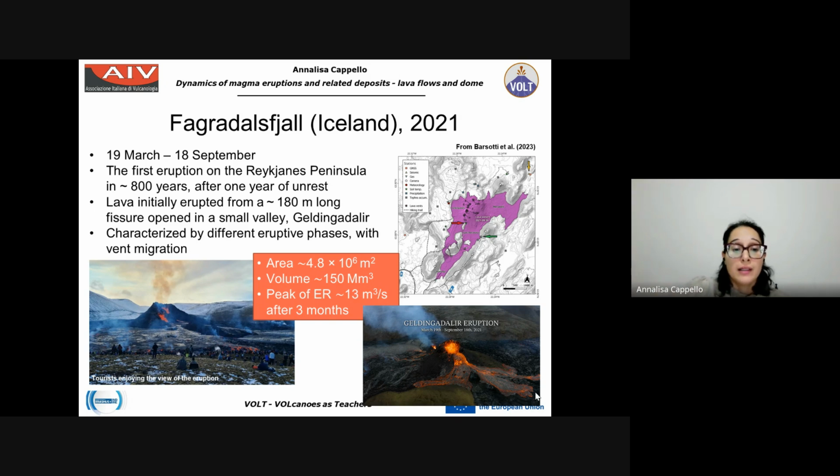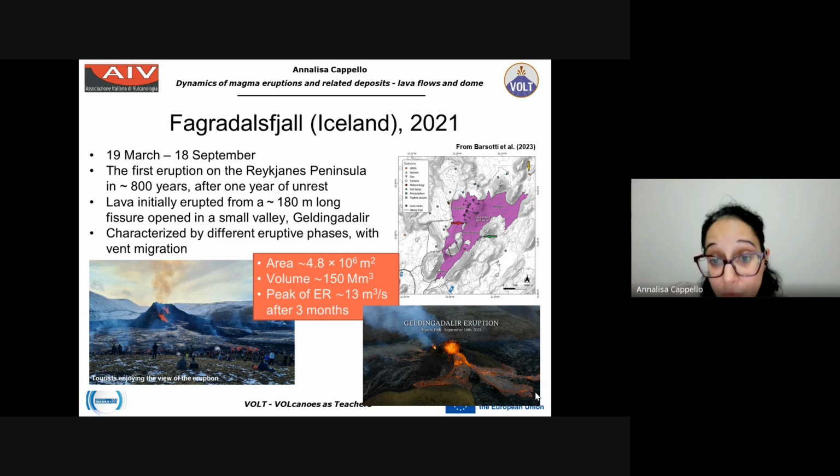And this was an eruption that lasted even a few months, was the first eruption on the Reykjanes Peninsula after 800 years of quiescence. The lava flow was erupted from a fissure that was long